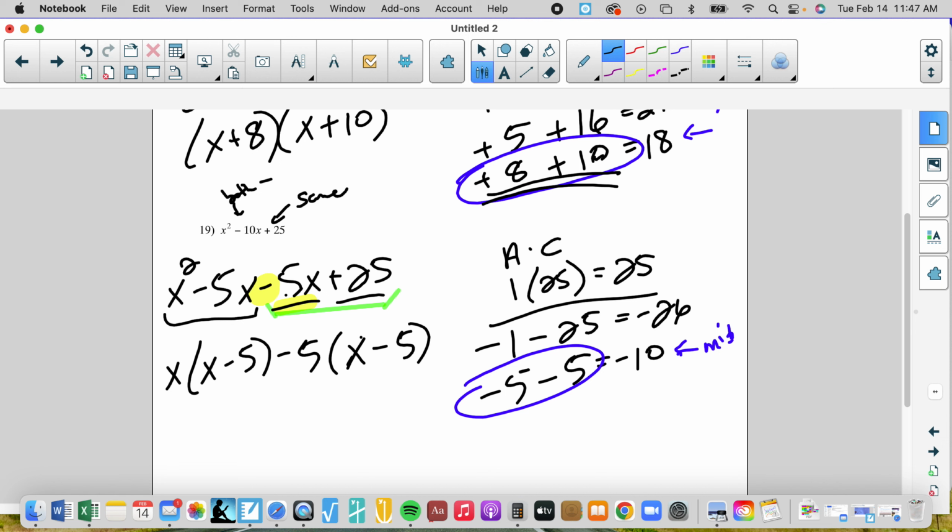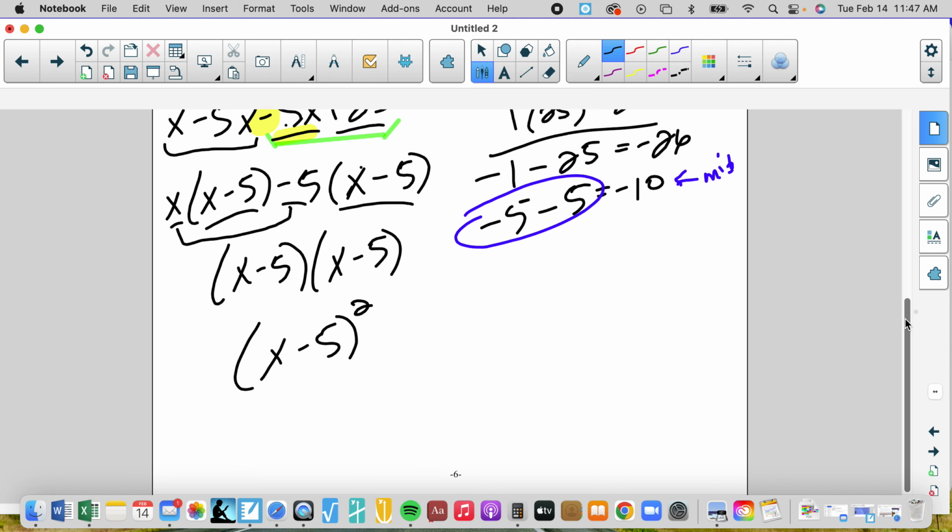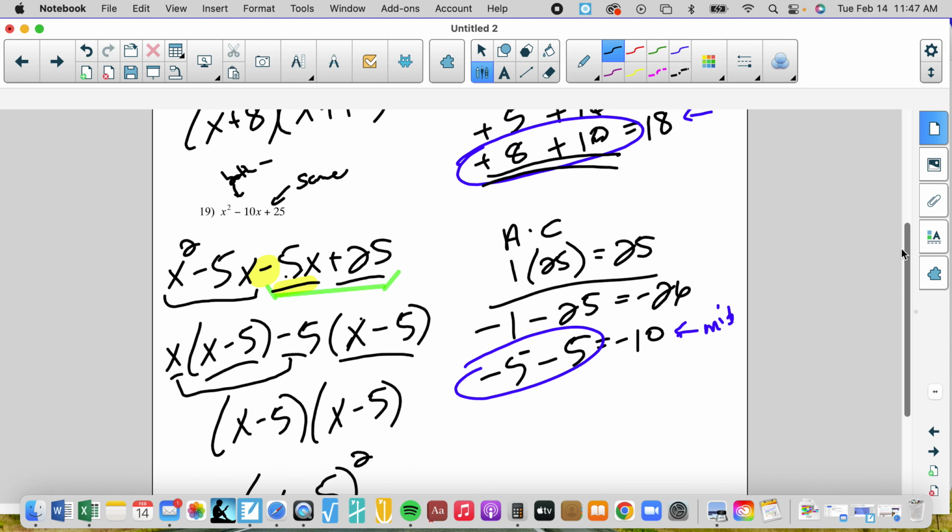It's a nice check. These are the same, so I'm going to factor out an x minus 5, and you're left with x minus 5. You can leave it like that, or a high school student would write it like that. What do we notice? Hey, that was a binomial square. So remember how we went through that